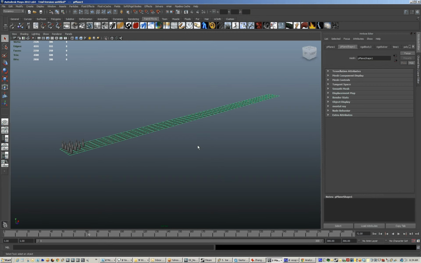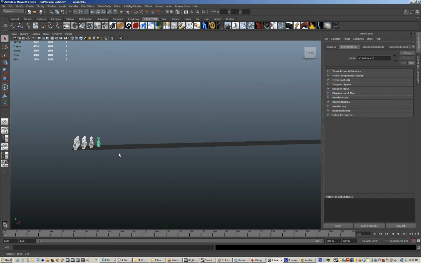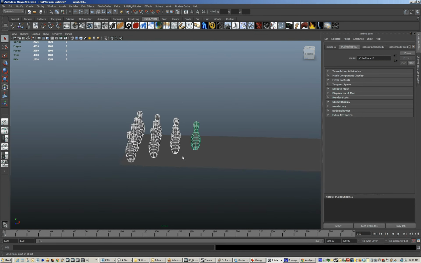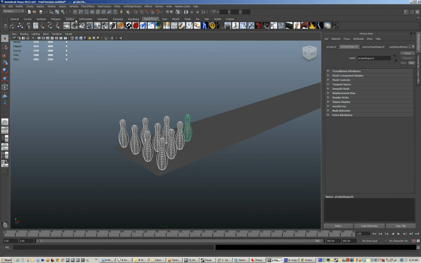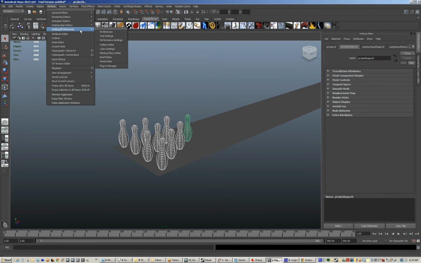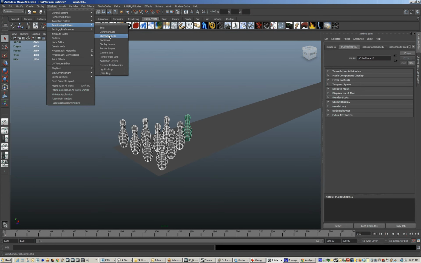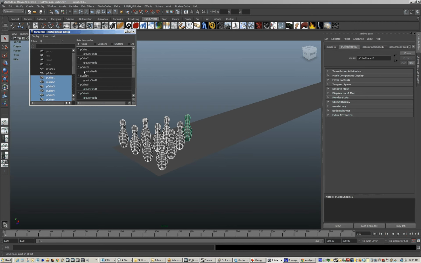Okay. Now, next thing we want is for these pins to also be affected by dynamics. Select all the pins, hitting F to focus in on them, and we're just going to attach them to that earlier gravity we created. Again, by attaching them to gravity, we automatically create an active rigid body. So we could create a new gravity field if we wanted to, and I've got an argument for that being a good option, but I'm going to just go ahead and connect it to the one we already have. Under Relationship Editors, Windows, Relationship Editor, Dynamic Relationships,